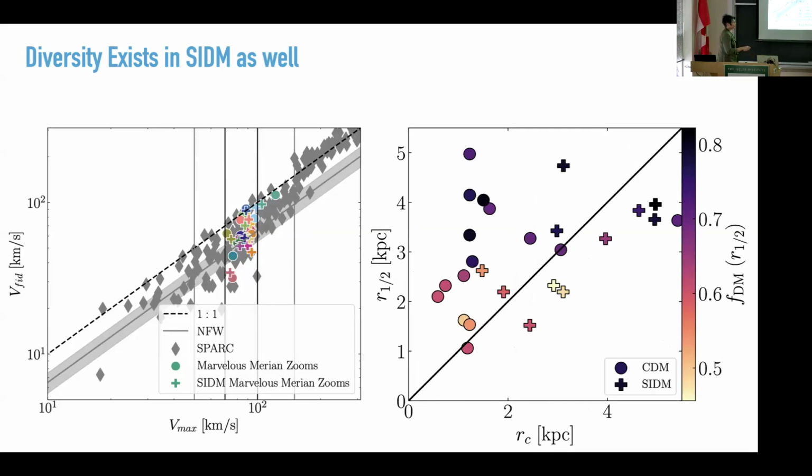But there is a result that might be promising, which is that what you're seeing here is the core size that comes out of these dwarf galaxies as a function of the half-light radius. And in CDM here, these circles, essentially the core size is usually about a kiloparsec. And that's because you're fluctuating this gravitational potential, and that's usually happening within about a kiloparsec. And so the core size is basically independent of the half-light radius.